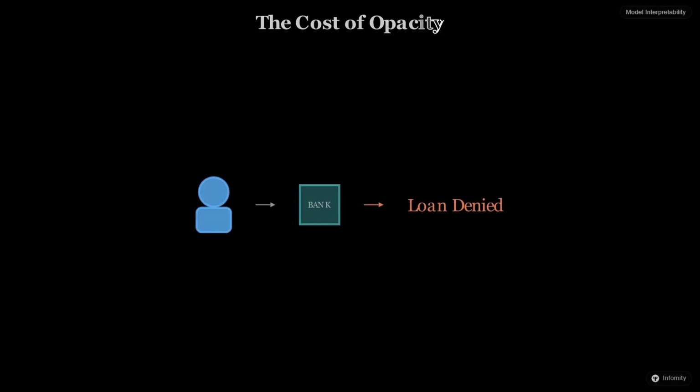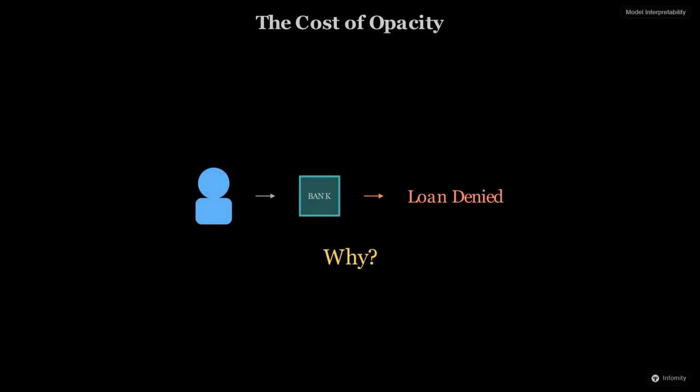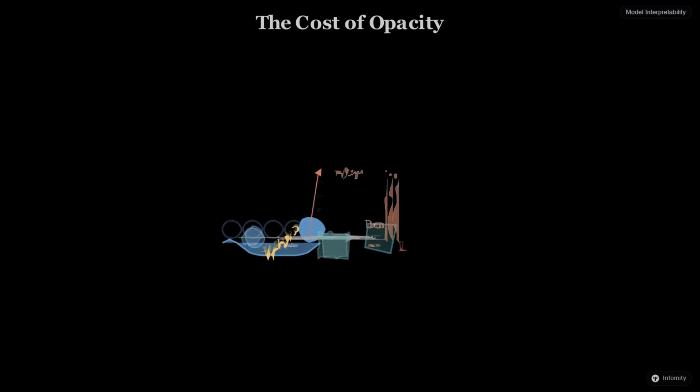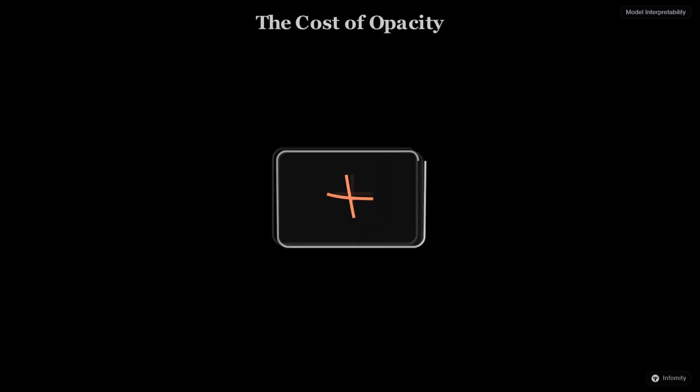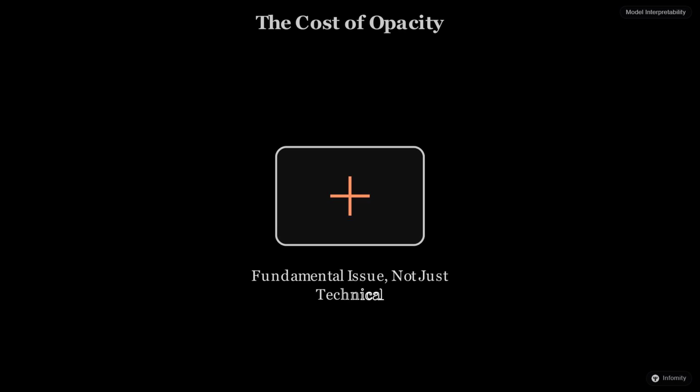Imagine a bank using a highly accurate model to deny a loan. If the model is a black box, the banker cannot explain why. This lack of transparency creates a massive gap between technical performance and human trust. Without interpretability, we face a trust gap where we have the results but no way to verify the logic. This is not just a technical hurdle, it is a fundamental issue of accountability in high-stakes decisions like healthcare, finance,